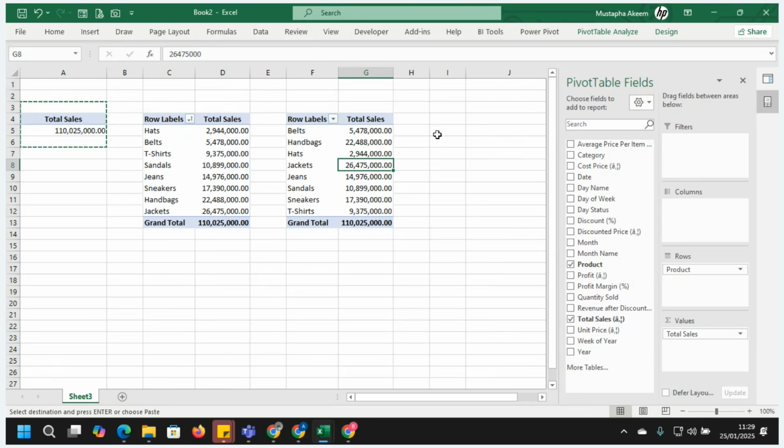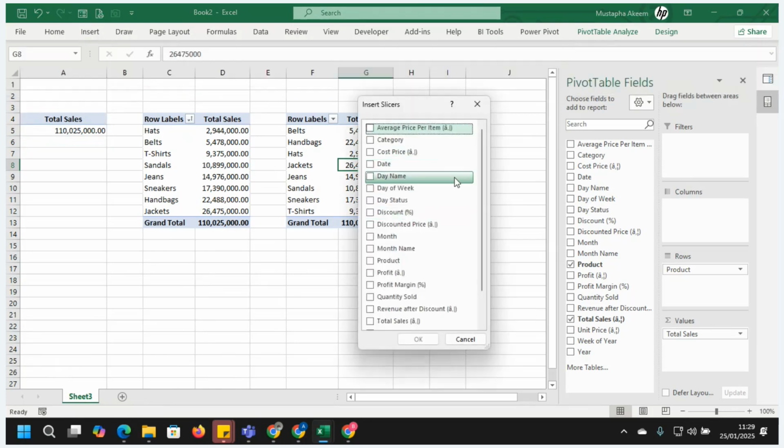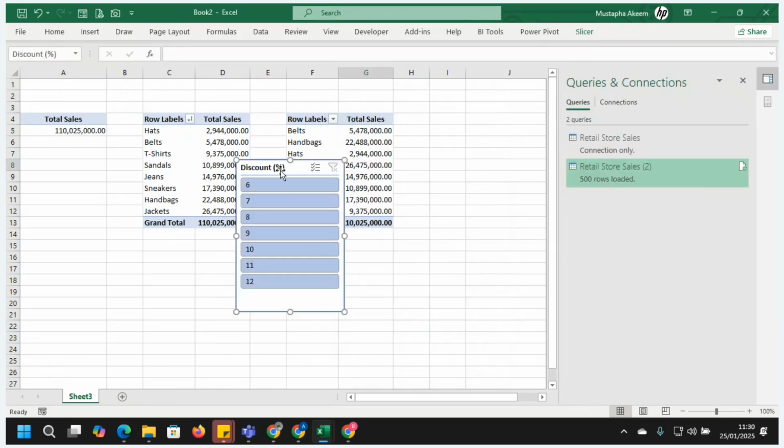Okay, let me do something here. Let me quickly insert what is called a slicer. Let me insert a slicer into this. I want to use discount as a slicer. So we have a slicer from 6 to 12.